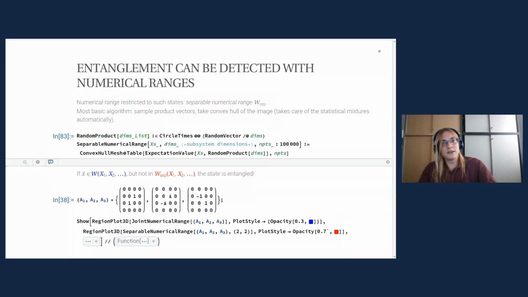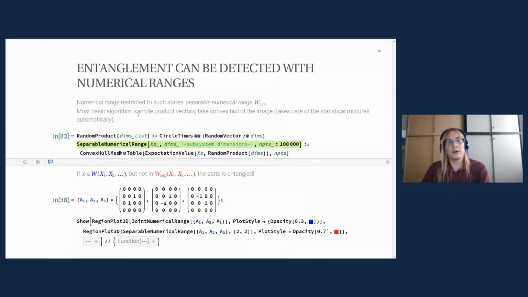And then, if we just take a convex hull mesh, you have to believe me on that, the convex hull mesh will take care of the statistical mixtures by itself. And what we will get in the end will be the set of allowed expectation values, but only the classical ones, only the expectation values which are able